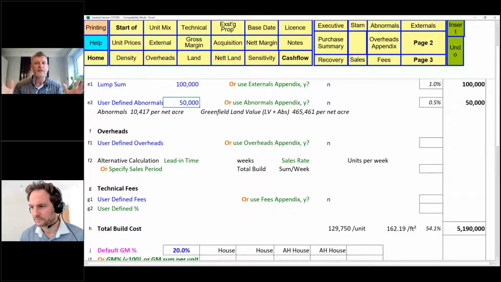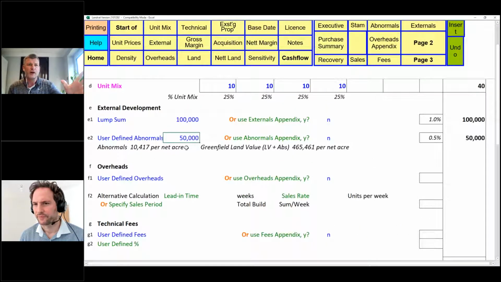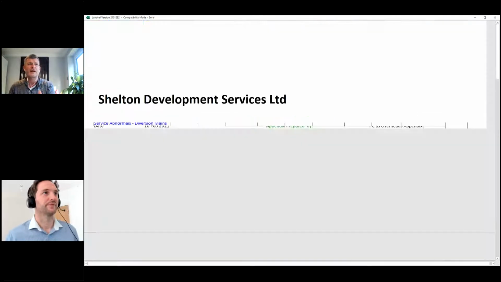semi-detached, those things. That's what the private sector do. That's what they get into. That's where it makes a difference between that little couple of other units that we can put on this scheme, and allows them or you to offer on that land, because you're in competition. You're in competition to get that land first. Without land, you're not in business. So abnormals. I've just done some abnormals on here. Then we have overheads. So again, overheads.